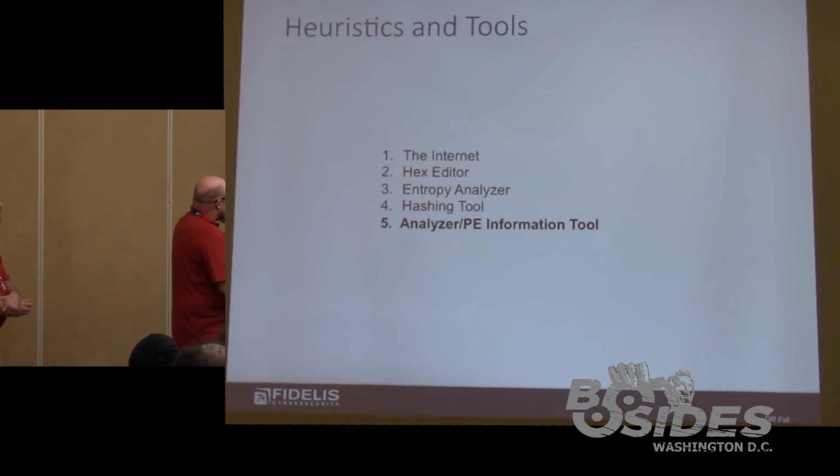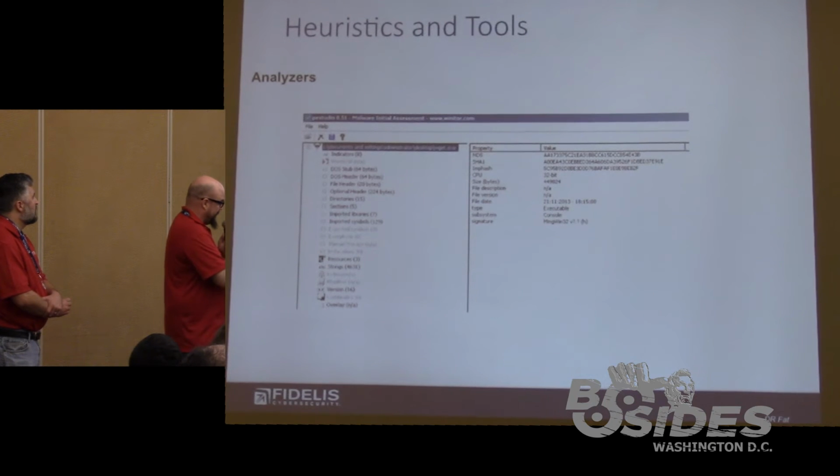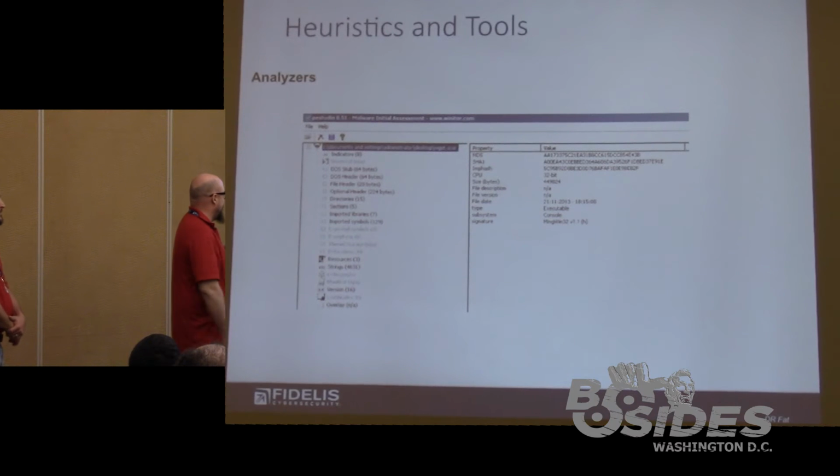Now that I've bored you with that, an analyzer or a PE information tool. There are a dozen or more out there. They apply signatures to stuff. This one's probably one of my favorites, PE Studio. It's a beautiful thing. It actually has so many signatures that are automatic. So you just drop the file in, and it will go through and look at all the signatures that it knows about, and it'll tell you, hey, I think this is suspicious because X, Y, or Z. And you can use your custom rules, you can use YARA, for those of you that know YARA, and PE Explorer. There's a dozen of them.